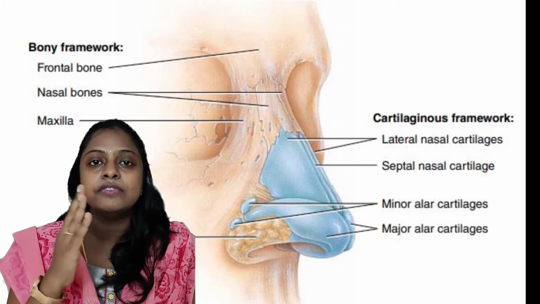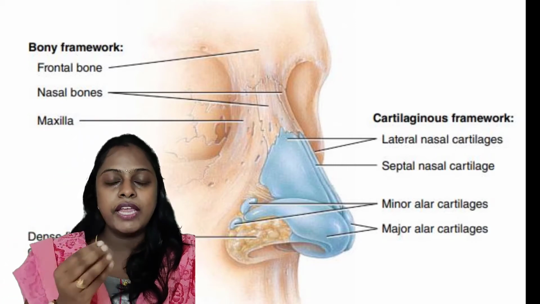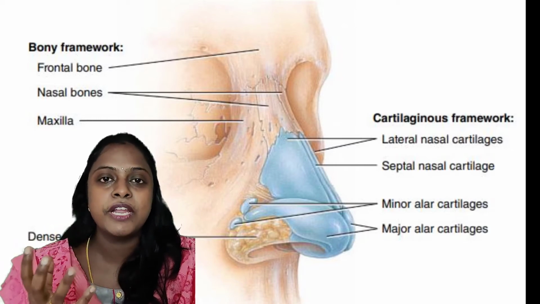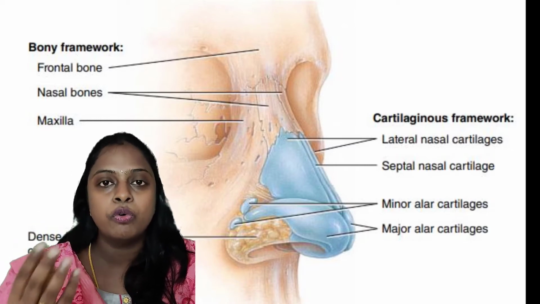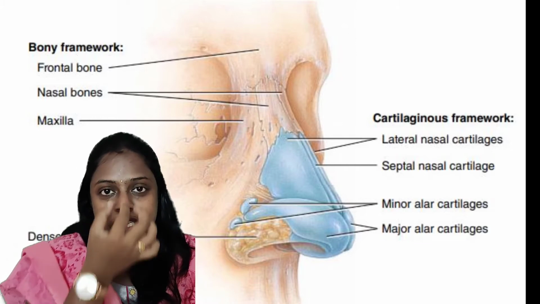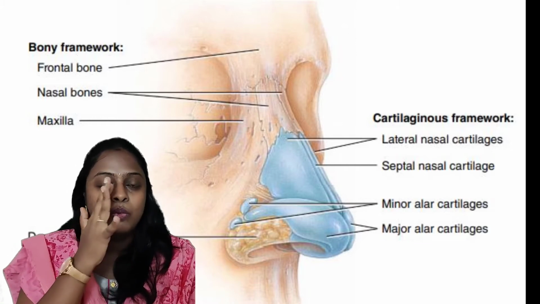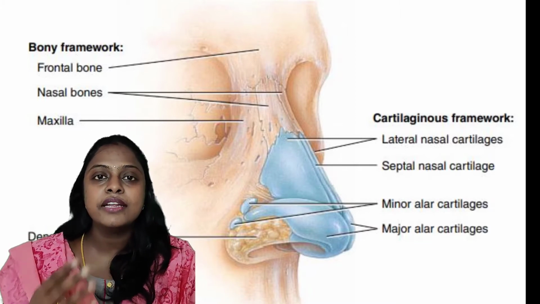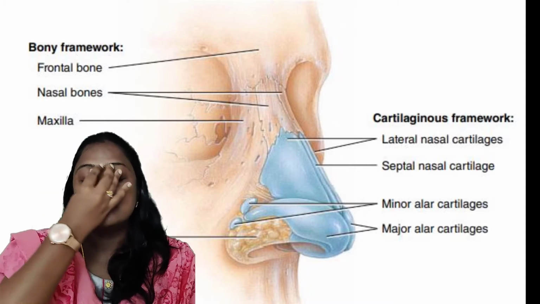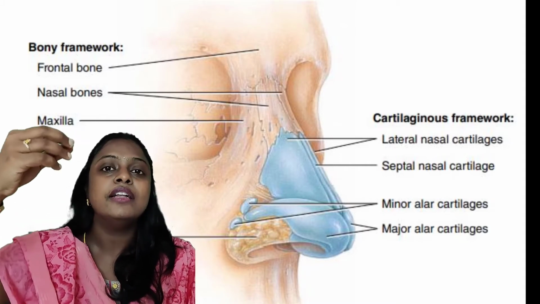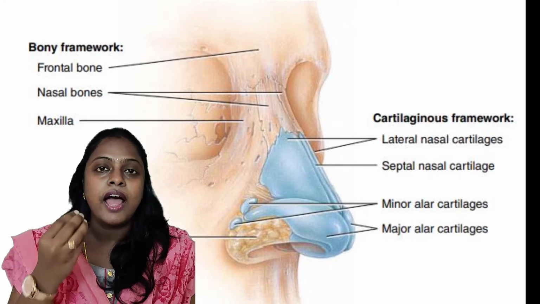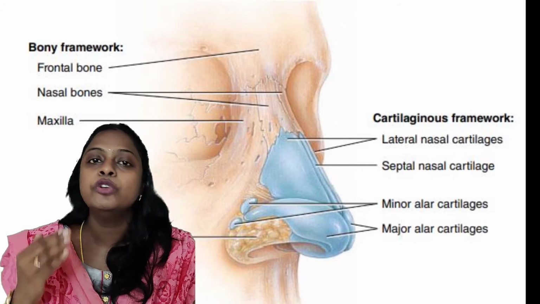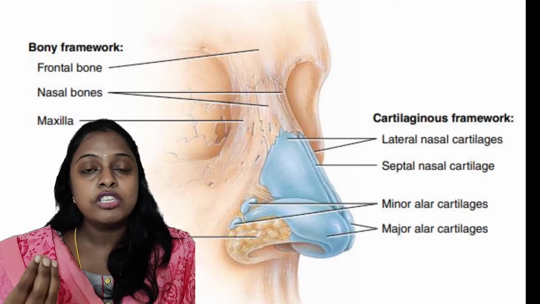So now let's see the parts of the external nose, and this is the main important organ of our respiratory system. External nose is made up of a framework of bone and hyaline cartilage. So if you see, these will be our nasal bones. We will be having two nasal bones here, and this is the hyaline cartilage. This hyaline cartilage is covered with muscle. If I touch here, I can't directly touch my bones, but I can touch my muscle over here, and inside of it, it is lined with the mucous membrane, which helps to moisten the air.